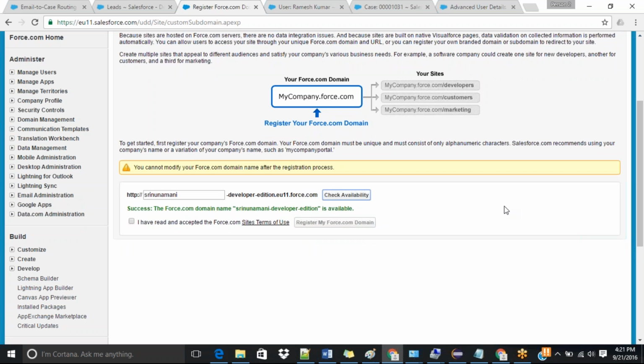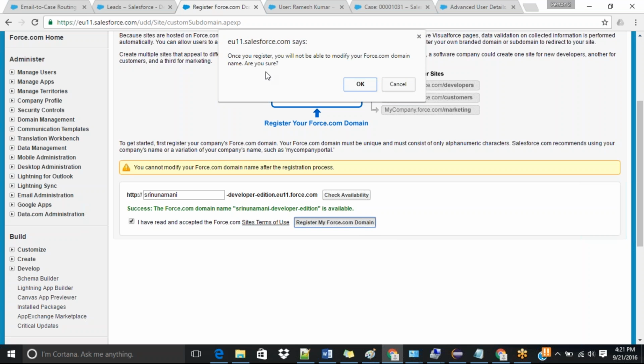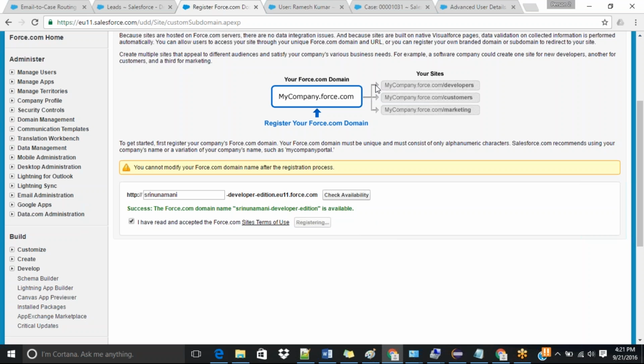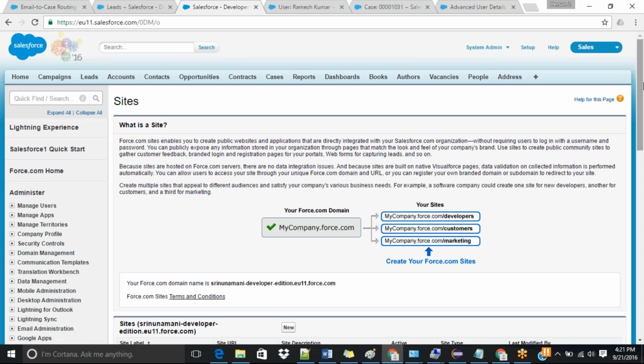So see here, eu.force.com. So you are just making a force.com page. Okay. So up to this it will give you the URL, and here you need to select your company name. Mostly people will select their company name there. Okay. So if suppose you are working for some Capgemini, you have to make it Capgemini Developer Edition, something like that. Next, register my force.com domain. Once you register, you will not be able to modify your force.com domain. Are you sure? Okay, right. So we registered a domain